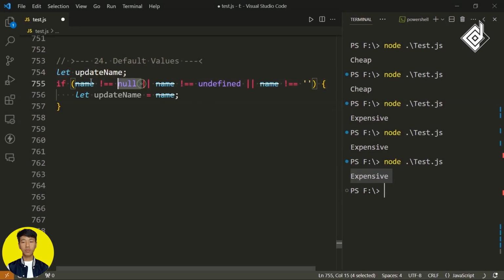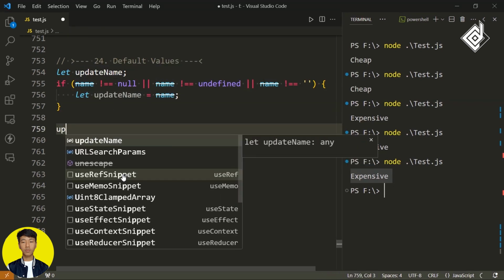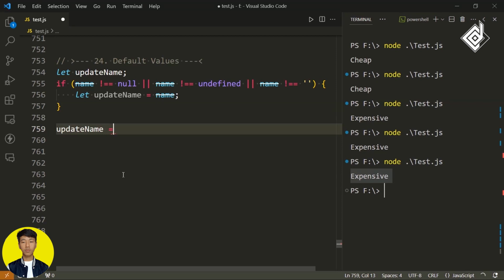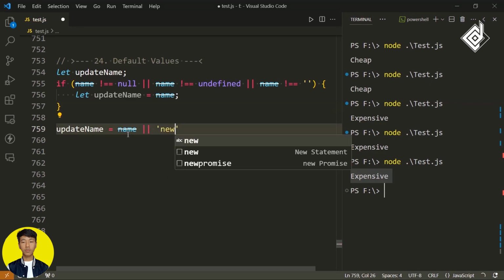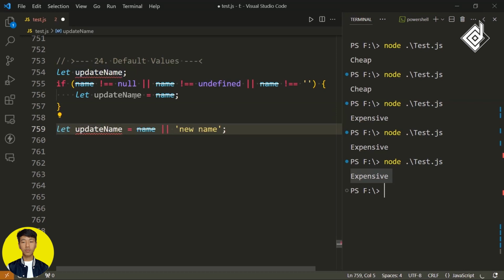In the past, if you wanted to make sure that your variable contains at least some specific value, then we had to write some complex code. So now there is another technique called default value. What you can do is declare any variable. If the user gives any value, then we'll take it. Otherwise, with the help of the double pipe, which also represents or, just after that, you can give any value, which is also known as the default value. This is where you give the default value for your variable in case your user didn't provide any value.